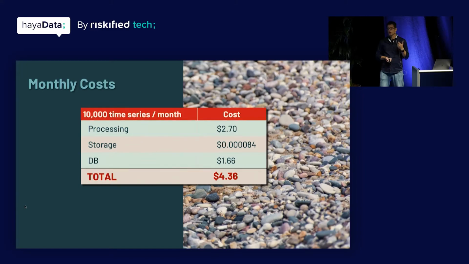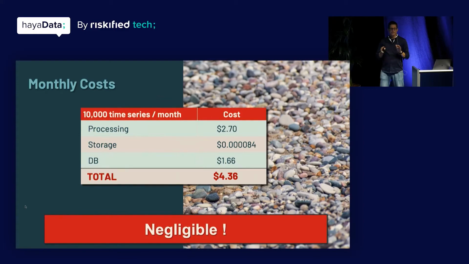And if you remember, I said we had 1.1 million time series, so we pay less than $500 for the system for the whole month. So this is really negligible. And what it really means is that we can scale up from a cost perspective as well as scaling the system to any size we need to, right? There's no dependencies. Everything is independent. The costs scale up linearly. This is really, really nice.